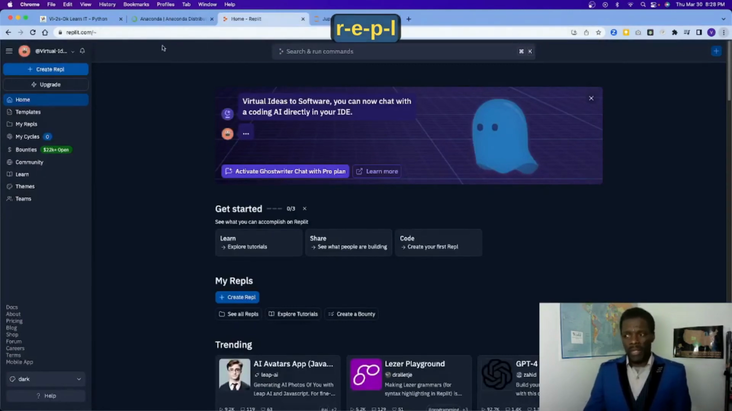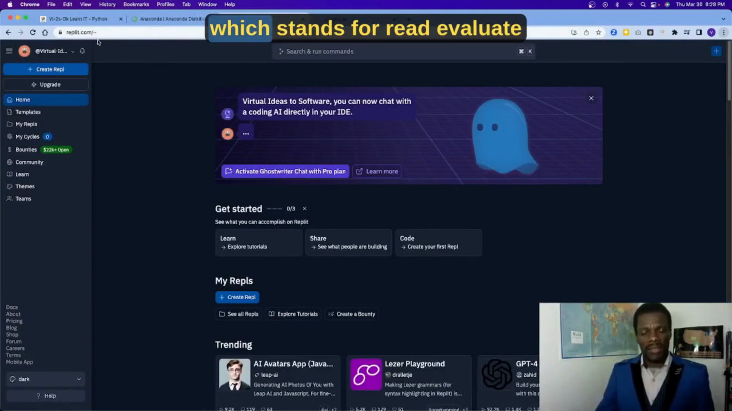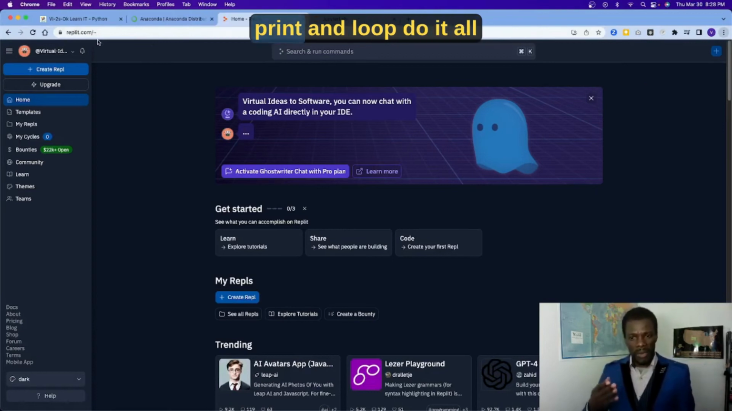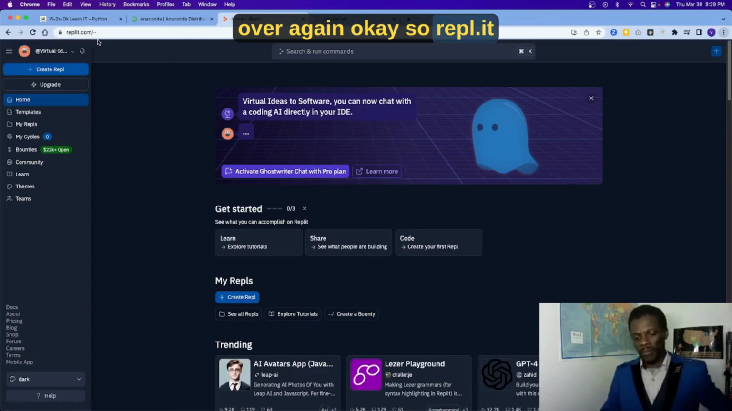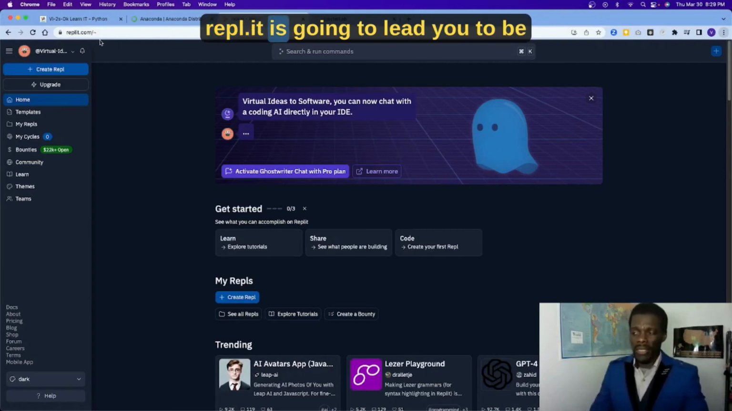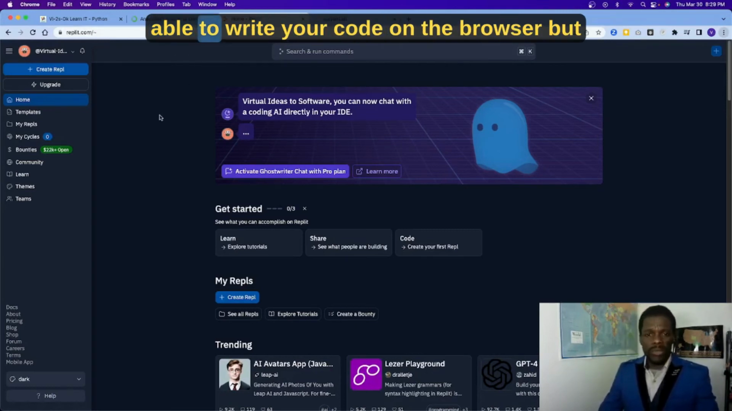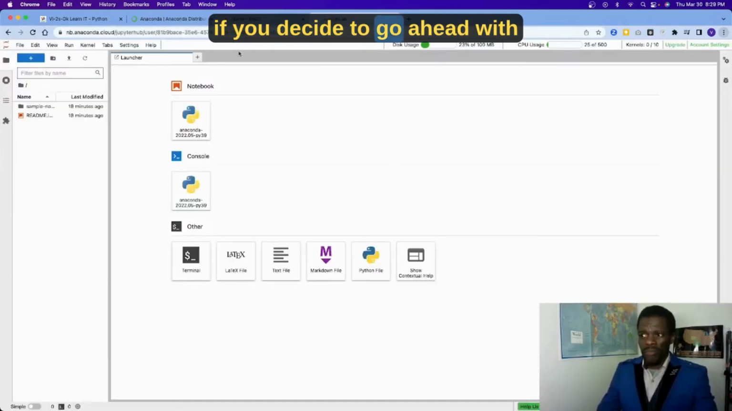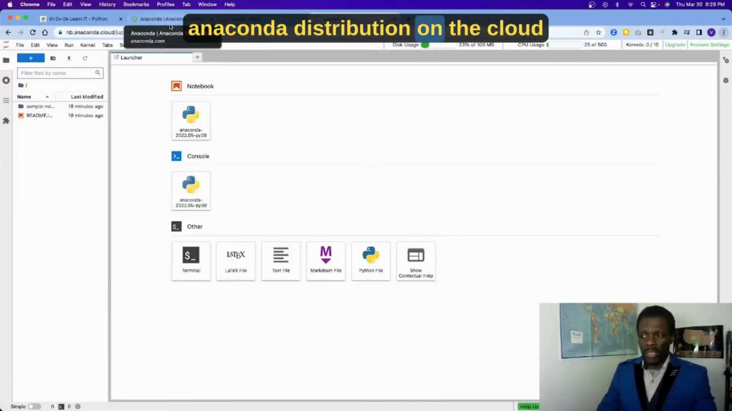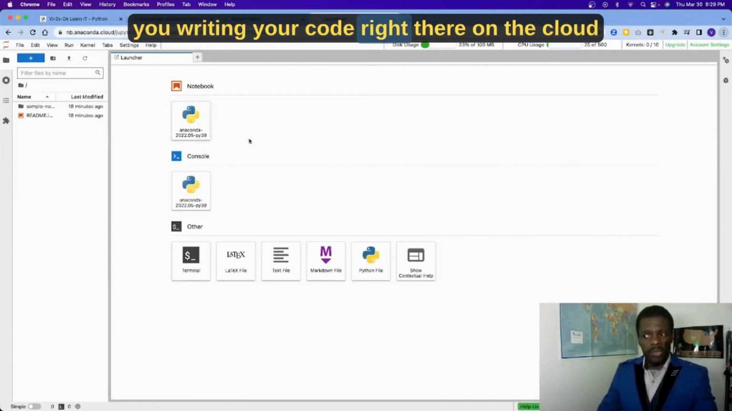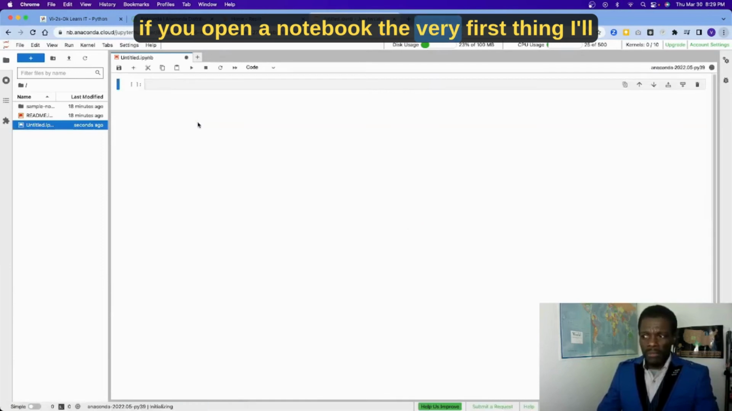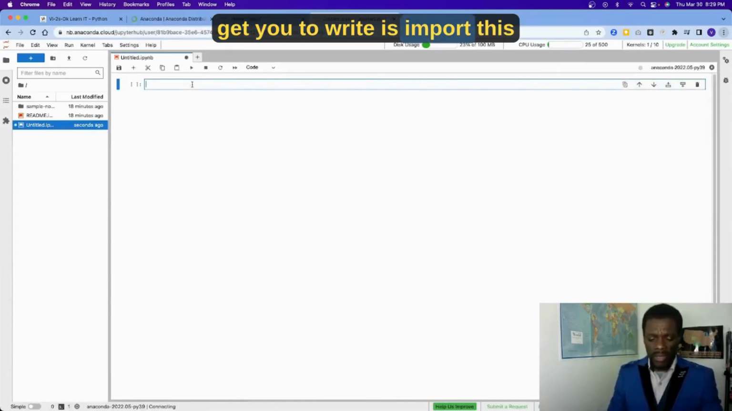Okay, REPL, which stands for read, evaluate, print, and loop. Do it all over again. Okay, so repl.it is going to lead you to be able to write your code on the browser. But if you decide to go ahead with Anaconda distribution on the cloud, you can start writing your code right there on the cloud. If you open a notebook, the very first thing I'll get you to write is import